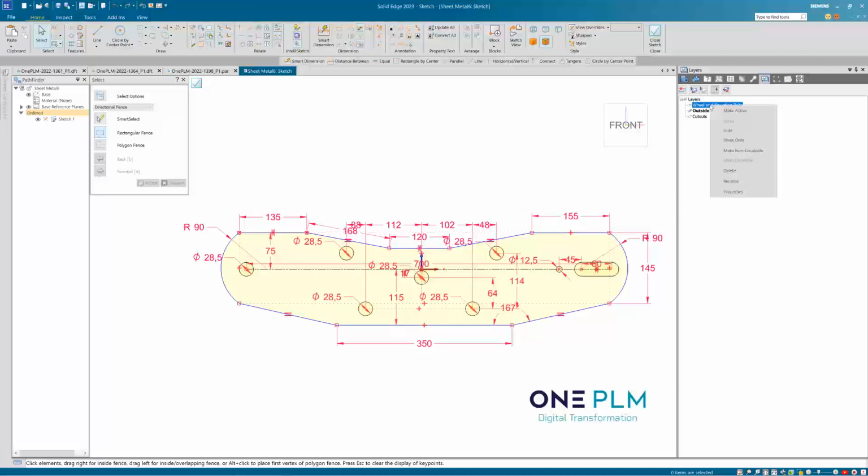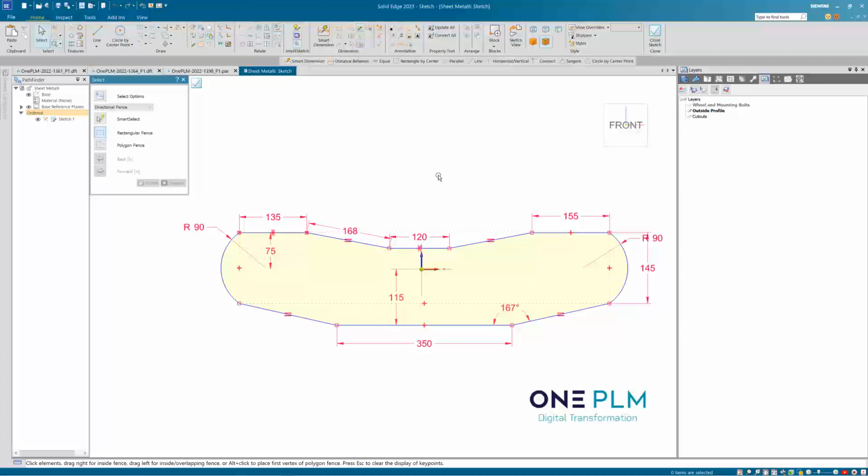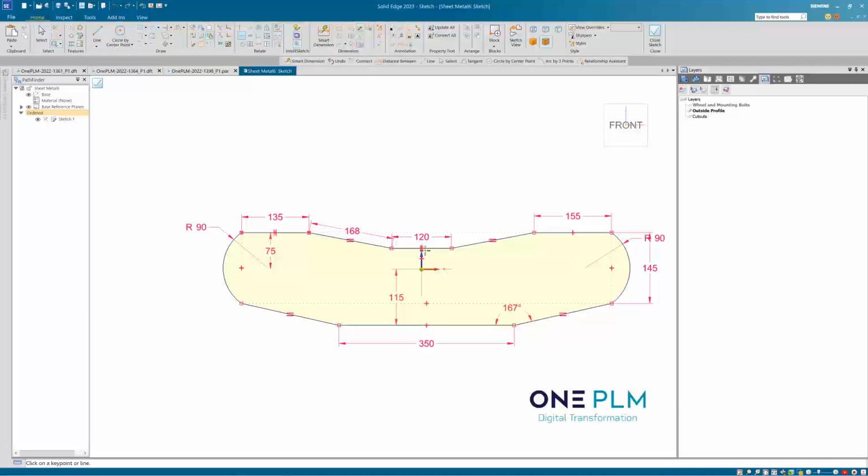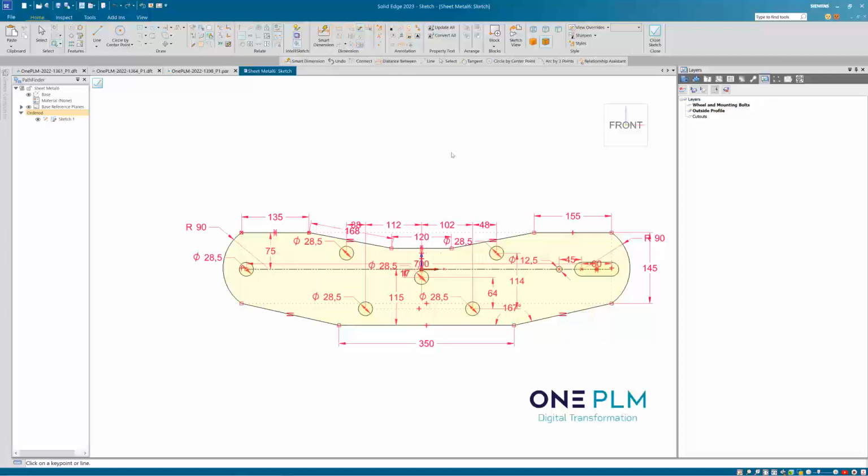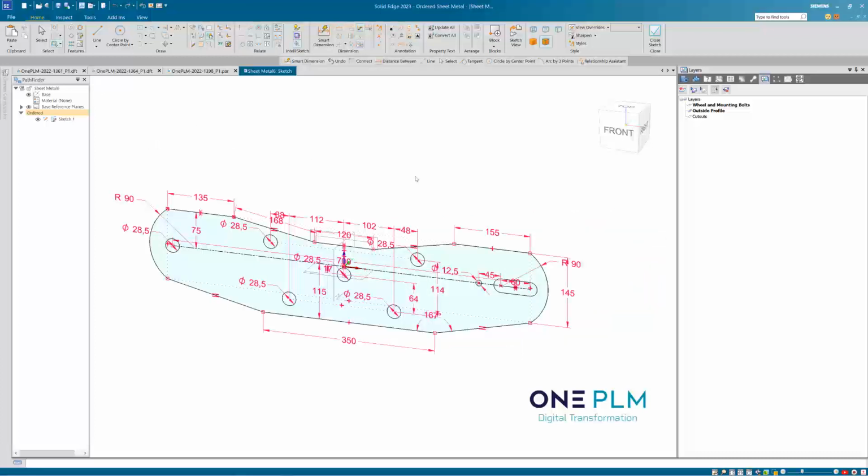What I'm going to do, I'm going to hide the wheels and mounting, and I'm going to just work on this just to get this fully constrained without the rest of that in there. So that just needed a little option to get that nice and centered on there for us. And we can right click and show that again, so we can see what that looks like on there. Okay, so I'm actually going to put the cutouts in separately, but we can still add that to the layer on there. So if we close our sketch